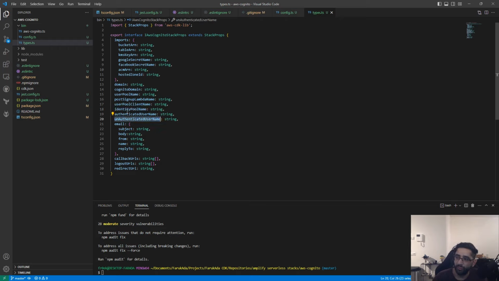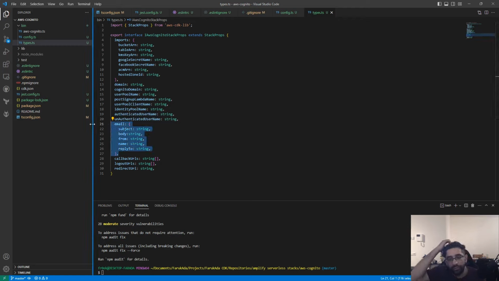Then we create two roles. We'll create the authenticated user role and unauthenticated user role. We'll not really use them yet, but we'll just create them. And then we will create an email, and this is an email for the confirmation email. After someone signs up, we want to send them an email, and